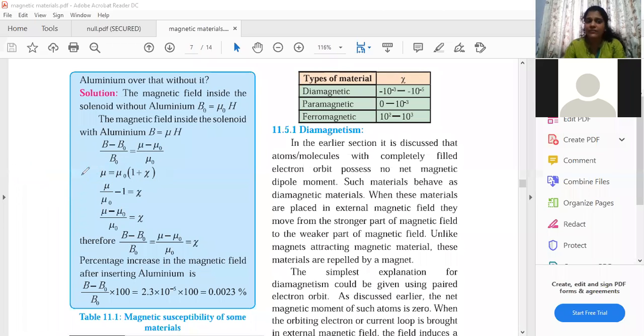Now we will modify this equation. You all can see, first take mu naught in the denominator, and then on the right hand side I'll be left with 1 plus x, right? So take that 1 on the other side, so it will become minus 1. Sorry. And then what they have done is cross multiply, like take this mu naught on this side. So basically we have mu minus mu naught upon mu naught is equal to x.